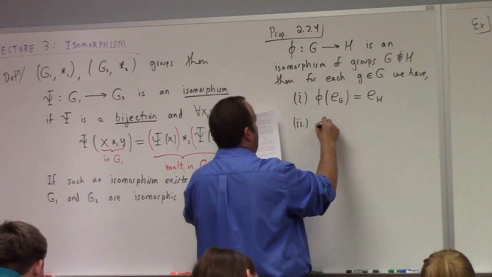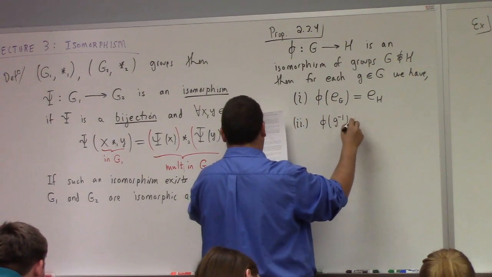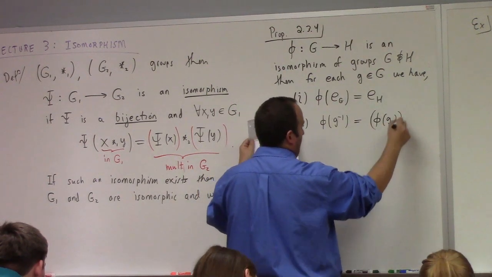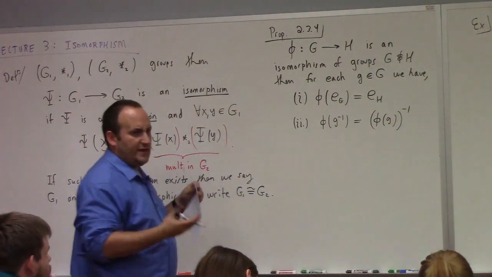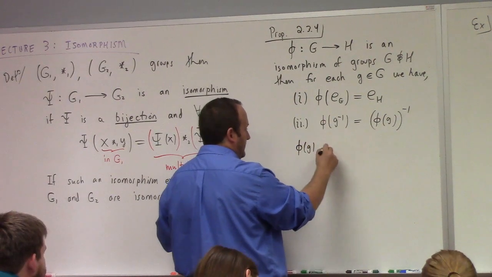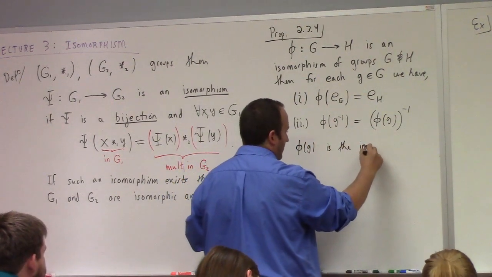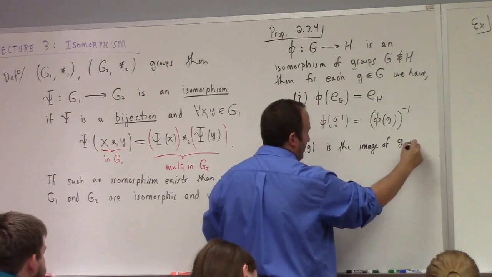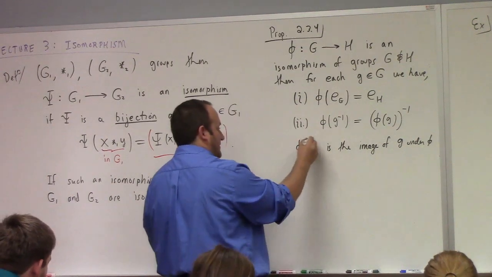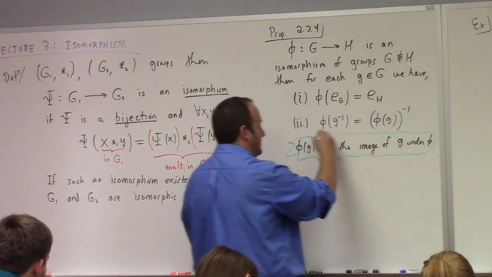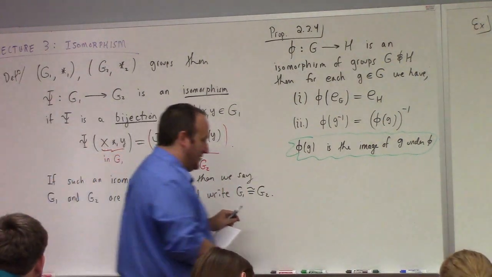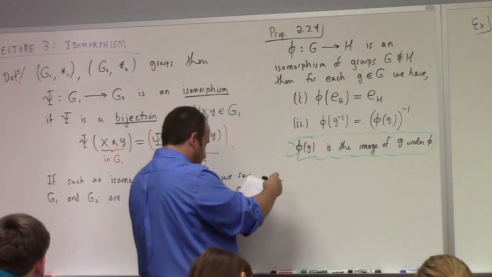2: the image of the inverse is the inverse of the image. The language I just used, if you're not familiar with it already, phi of g is the image of g under phi. In case you don't know what I'm talking about, that is what that term means. But that is obviously a complete and total digression from the proposition. So write that where you want or don't write it at all. It's up to you. And then 3